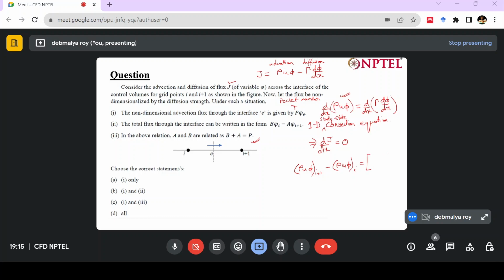and so this is the discrete integral that we are doing, gamma I plus 1 minus I. Now here we will have this rho u at I plus 1. If I divide this whole equation by gamma, then I will have